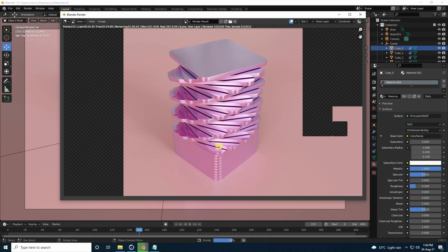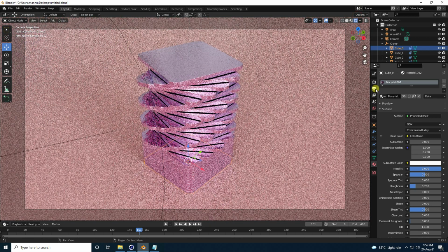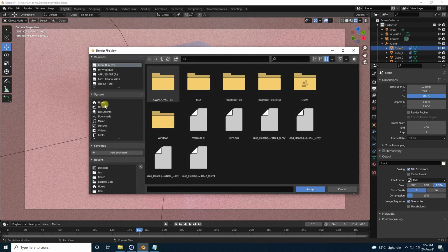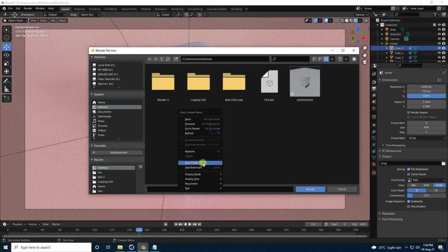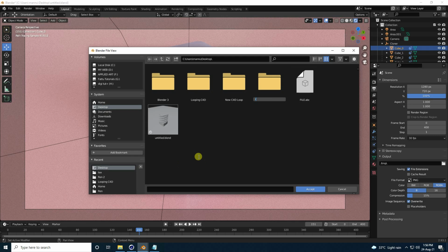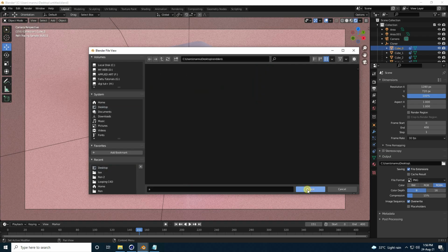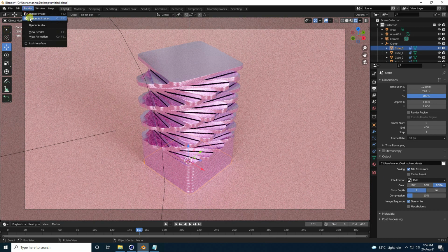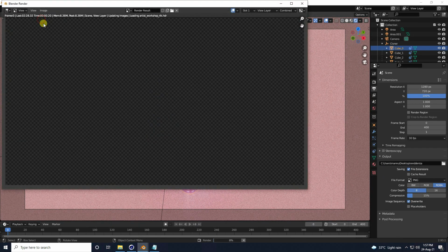So guys, now I create animation frames. So stop this animation and click on here. See guys, that's my save output. So go to desktop and create new folder like render and take any file name. Yeah, that's it. So accept. Yeah, and go to here and use render animation. Okay, so guys, that's it.